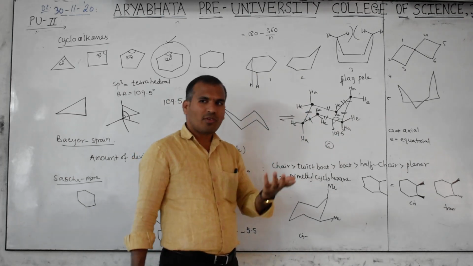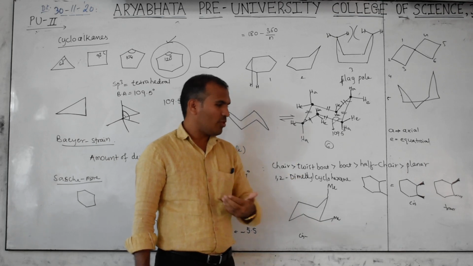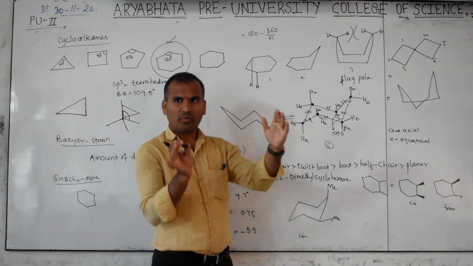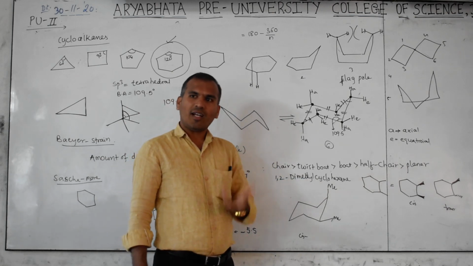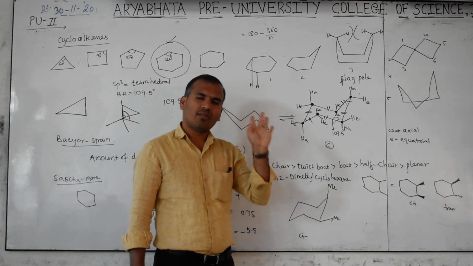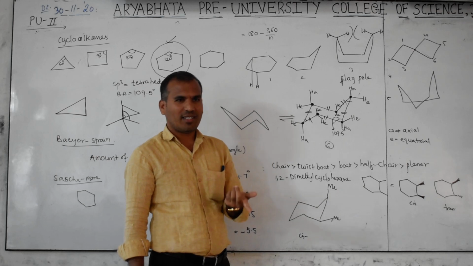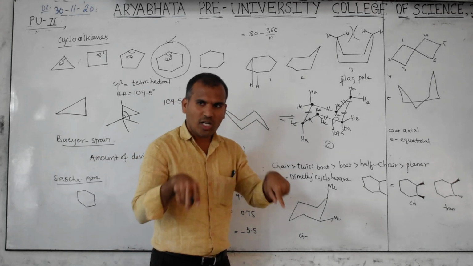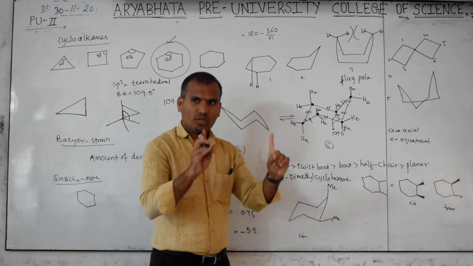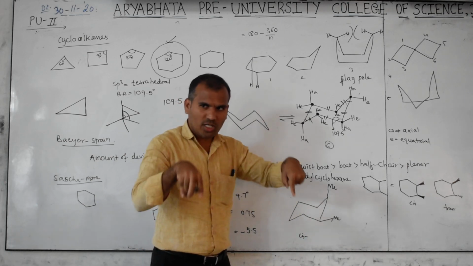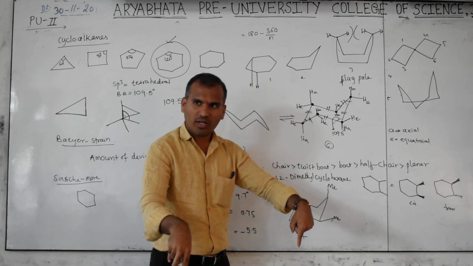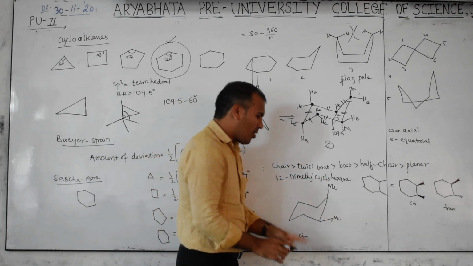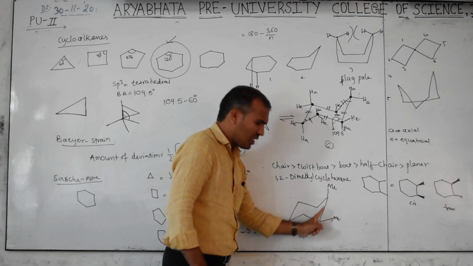So I mean, another form is also there. If you read in the other book, axial, equatorial, axial, like this one big table is there. Then I also get confused with that table, because I am also sometimes forgetting which is axial, which is equatorial. So up, down: cis. Both up, cis. Both down, cis. Got the point? Up, down, trans. Then now this is up, this is up.